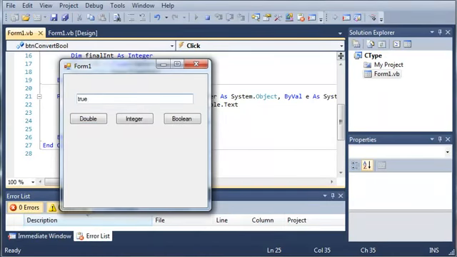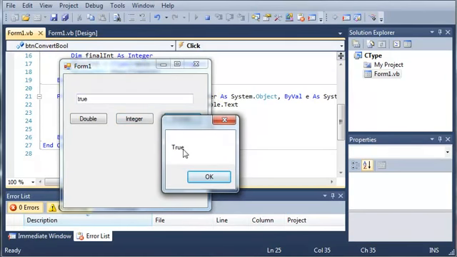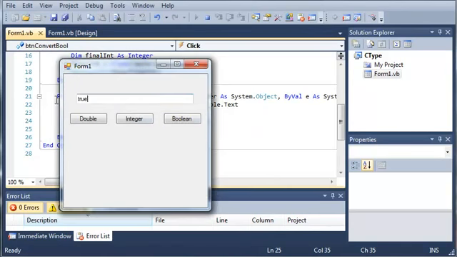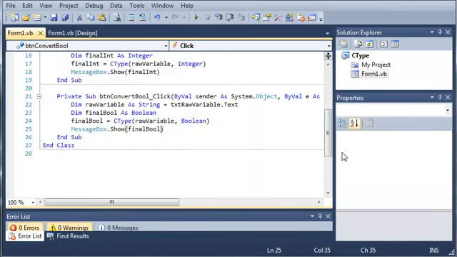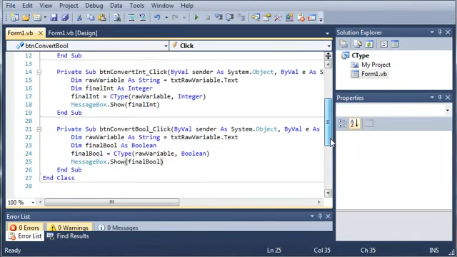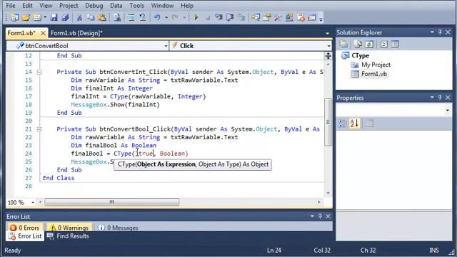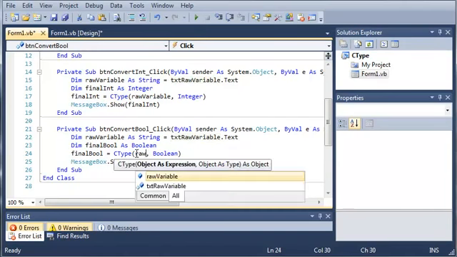So we'll type true in here and convert it to a Boolean, and you can see that it gives us true with a capital T, because when you're using Booleans, it's either capital T true or capital F false. So if I type false right here and click Boolean, it gives us a capital F false. So go ahead and use CType, practice with that. You can convert variables to other data types, or instead of using raw variable right here, you could use the text true, converting that to a Boolean. Just go ahead and play around with that,